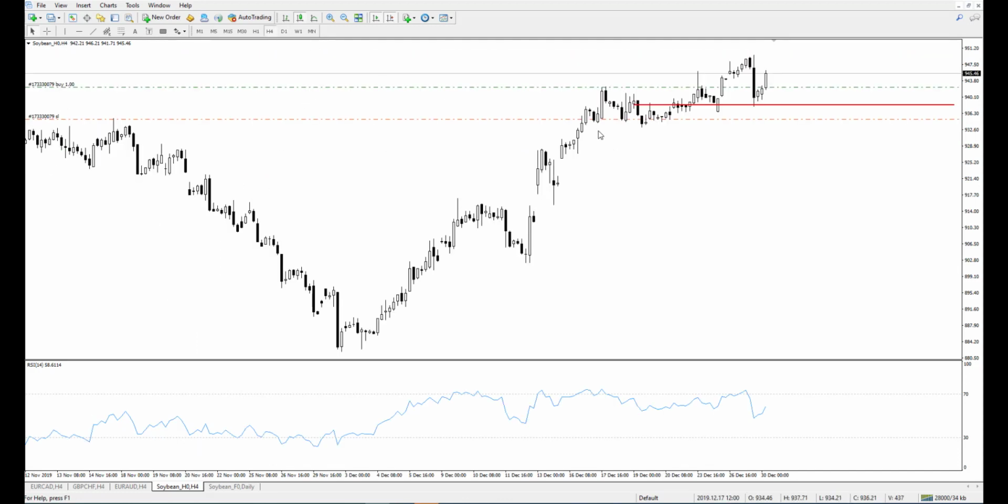So the way I'll be using my RSI is to look for price to make a higher low and the indicator to make a lower low, as you can see. But what I wanted to show you is when to use the divergence. You cannot use the divergence anywhere on the chart, and that's another problem people have